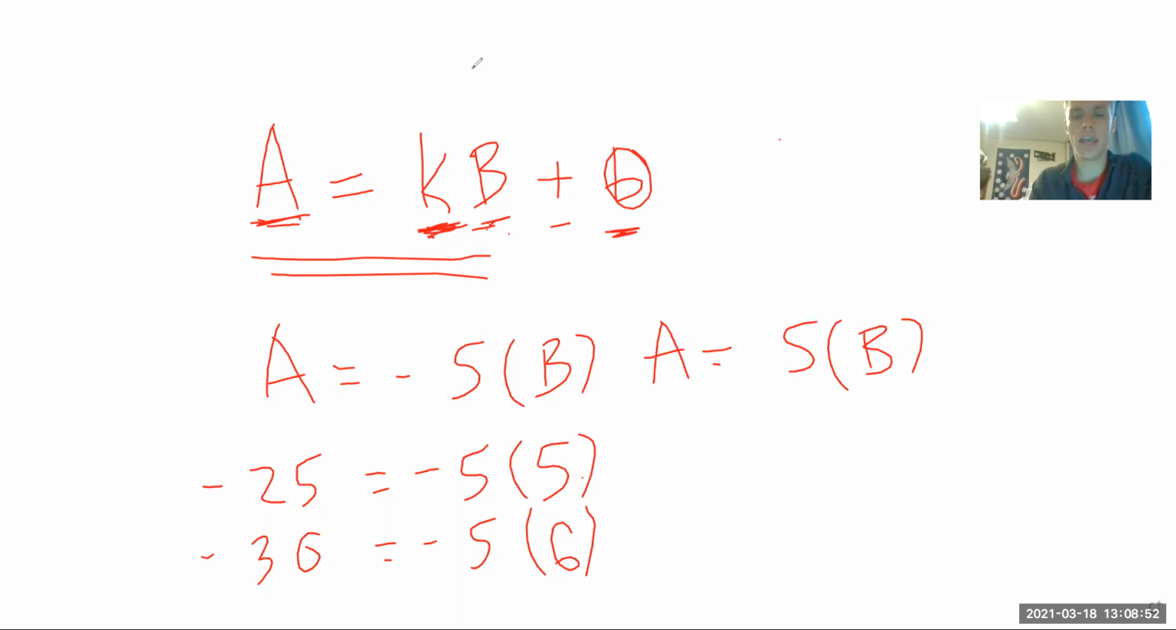So if B is 1, A is 5. If B is 2, A is 10. If B is 3, A is 15. So it's always increasing with B. So that's direct variation. And this is something you could see where if you had a negative number, a negative